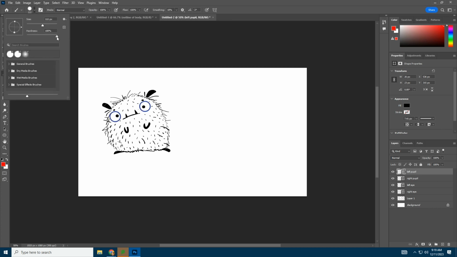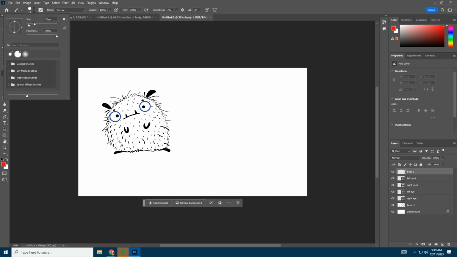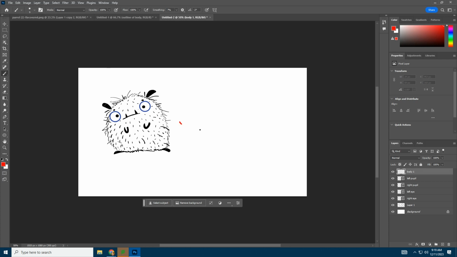Next, I'm going to be using the brush tool, and I'm setting it as 100% for hardness and just making it a little bit smaller. I'm going to do a new layer as well. This will be the body of my little character. And I'm going to show you the difference between using the mouse and using the drawing tablet. So there I was using the mouse, and I don't have much pressure sensitivity there, so it's just kind of